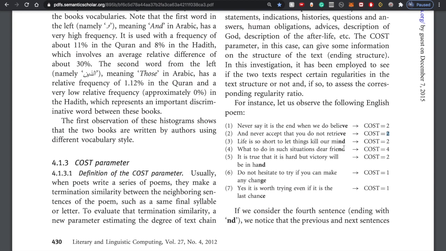Whereas when we go to number 4, we see that the ending is nd, and 3's ending is nd as well, and 5's ending is nd as well. So mind, sentence number 3, below it is nd, so that gets 2 cost points. Above it, it's something else, so it doesn't get any cost points for that. This sentence, above it is nd, and below it is nd as well, so it gets 4 points. But this sentence, for example, ends with ge. Above it is nd, it's not the same, and below it is ce, so it's not the same, so it just gets a cost value of 1, and the same for sentence 7. So this is how cost values work.